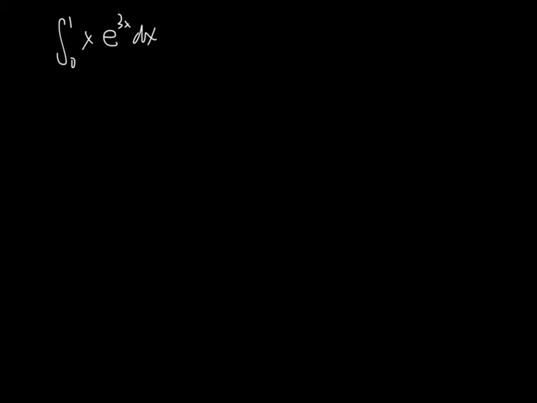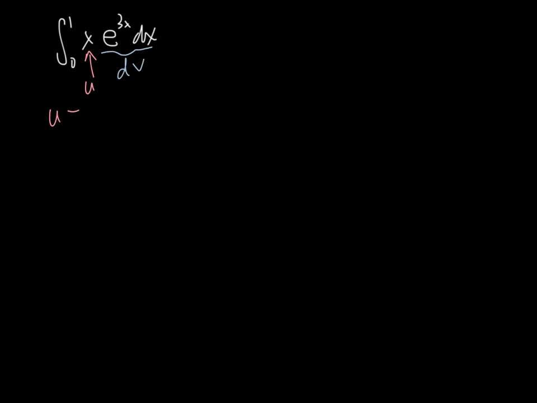All right, here's an example where we have a definite integral where integration by parts would be necessary. So let's take a look at that. So again, remember the definite integral is first we find the indefinite integral and then plug in our limits of integration. So here we have an x and an e to the 3x. So we found that with those, the x, or the polynomial term, works as our u, and then the exponential term works as our dv.